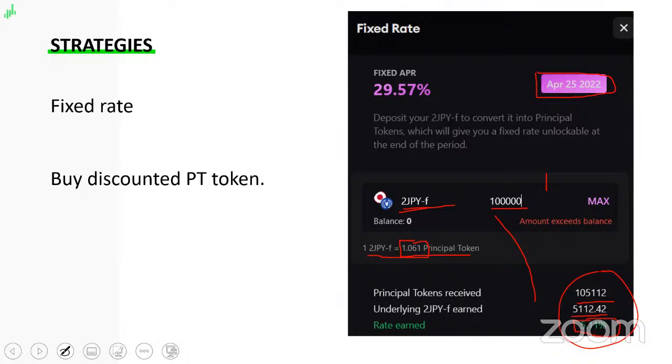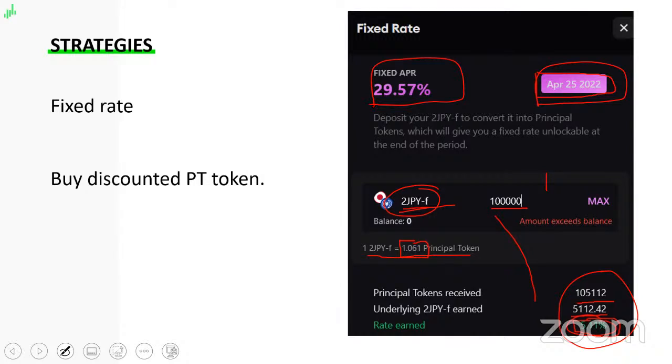I would lose money. So just remember that in Japanese yen, apart from the smart contract risk, you do not have a risk. I mean, you have risk on the 2GPY pool, of course, because as you know, the 2GPY pool has an imbalance, it's Japanese yen with the GPY yen, and so on. But this is another risk. What I mean is that if you consider the 2 Japanese yen is worth 1 Japanese yen, you don't have currency risk here. And this is why this is a cool strategy, because 5% until April 25 equals to 29% APR, or I mean, maybe not 29, because 29 is if there is no slippage.